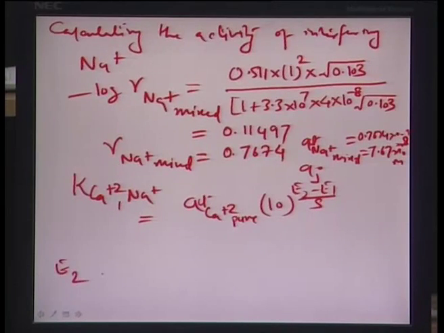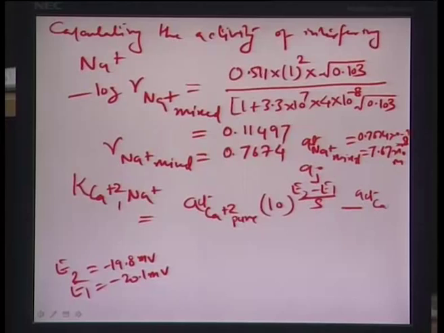If you remember from the question earlier, E2 was given as minus 19.8 millivolts, that is the potential generated by measurement along the mixed phase or the mixed solution, and E1, the potential on the pure solution, was given as minus 20.1 millivolts. So, E2 minus E1 by S really is nothing but 0.3 divided by 29.6. Okay. So, therefore, this 10 to the power E2 minus E1 by S minus Ai dash, which is the